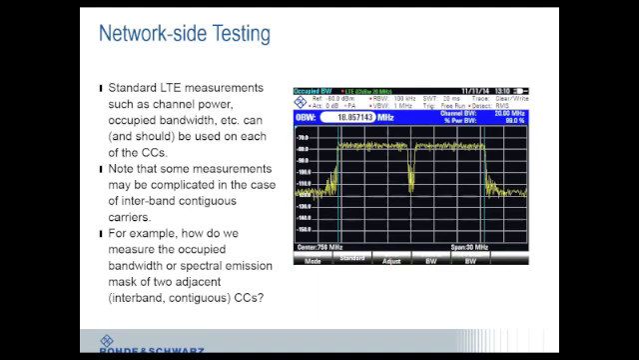Standard LTE measurements such as channel power and occupied bandwidth can and should be used on each of the component carriers. Inter-band contiguous carriers may complicate measurements such as occupied bandwidth, however, because of some gray area in current methodology. Right now, we typically measure 10 or 20 megahertz at a time because that's what's done for LTE channels. But if we're combining multiple interband carriers that total up to 40 megahertz or beyond for carrier aggregation, how do